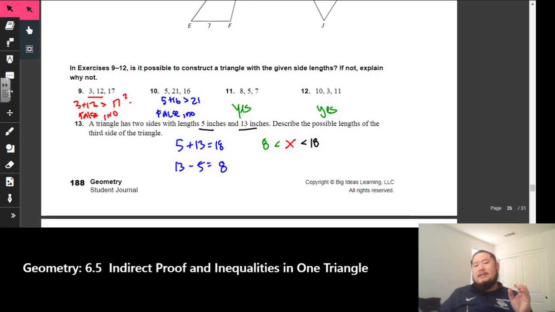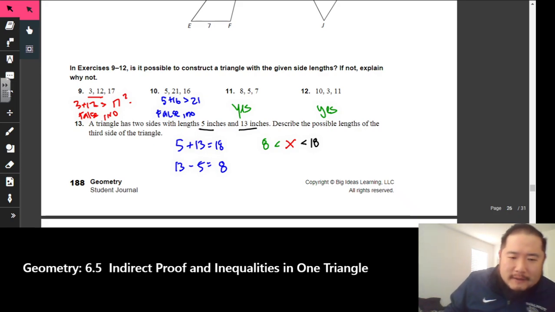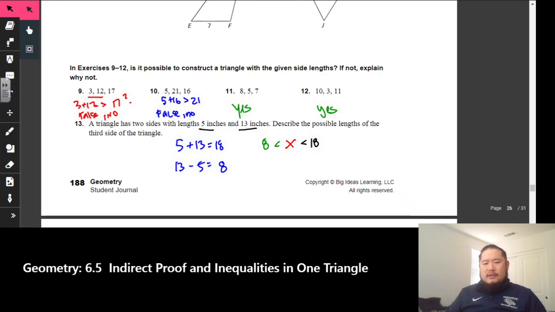Because remember, two sides must add up to be greater than the third. So if I take like 8 plus, and pick a number in here, like 8 plus 10, it's going to make sure it works out because it's going to be greater than 13, right? It has to be greater than 13. So sorry, let's try this again. We pick a number like 5 plus 9, that's 14. So that's greater than the third side, which is 13 right here. 5 plus 17, that right there is going to be 22. That's greater than 13 inches. So all these numbers in between here would be your answer